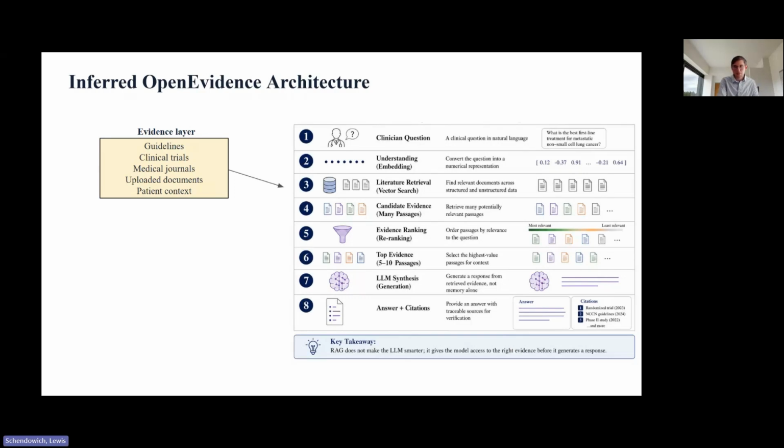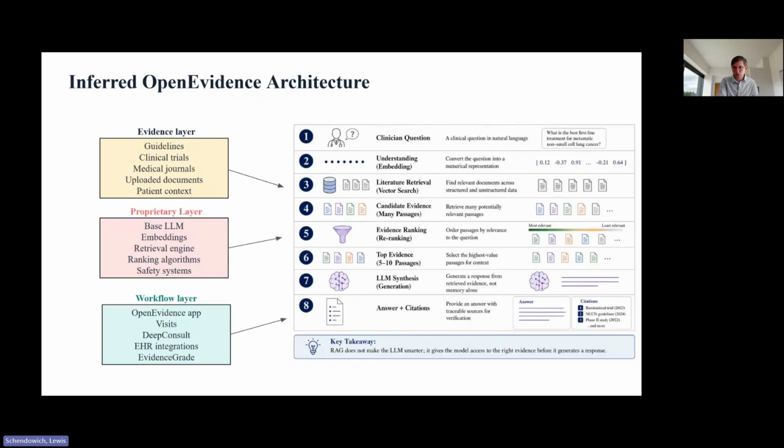On the left, you'll have the 3 layers: the evidence sources, the proprietary technical component, and the clinician-facing workflow. So think of it in those 3 layers. On the right side, you can see the likely RAG process. So the system takes a clinical question, ranks the relevant passages, sends the top evidence to the LLM, and generates